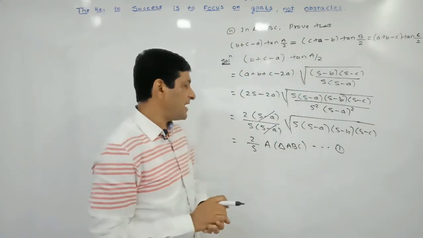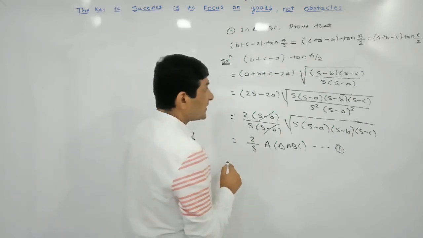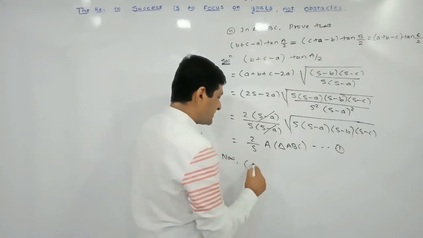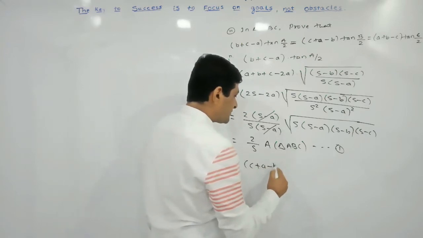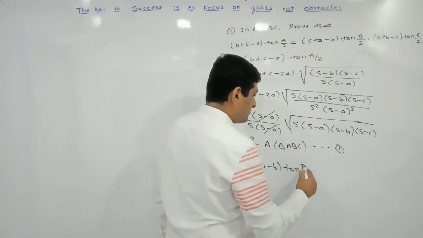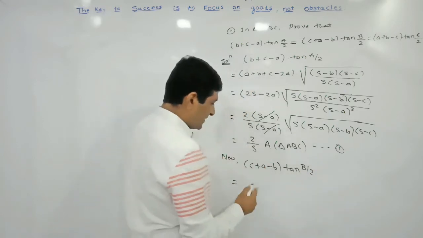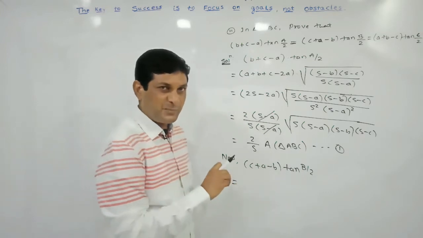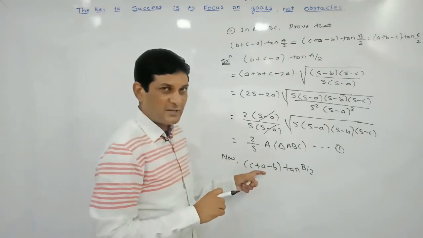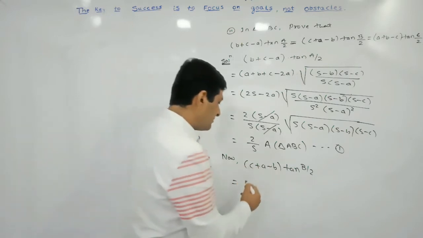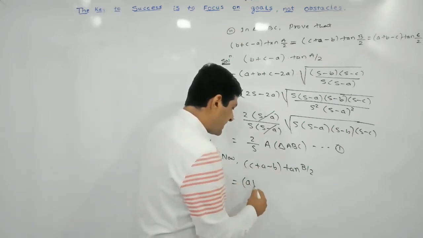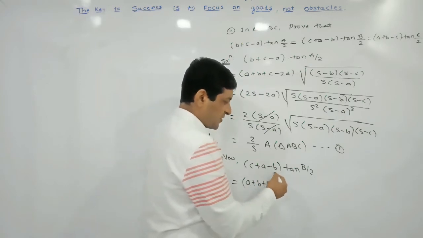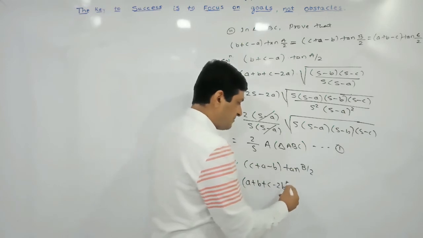Now we are finding the value of the second expression. So what is the second expression? Now we are finding the value of the second expression, that is c plus a minus b into tan b by 2. So which is equal to, here a plus c is present. So to get a plus b plus c, we have to add b, and if we are adding b, then subtract b. Means if we are adding b here, we will get a plus b plus c, and since we have added b, that's why subtract b. So if we are subtracting b, minus b will become minus 2b.